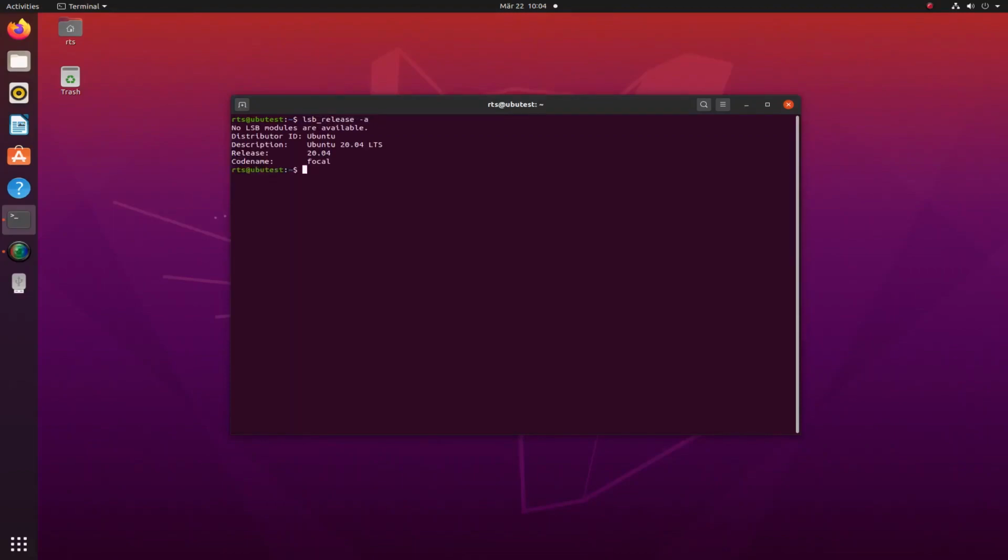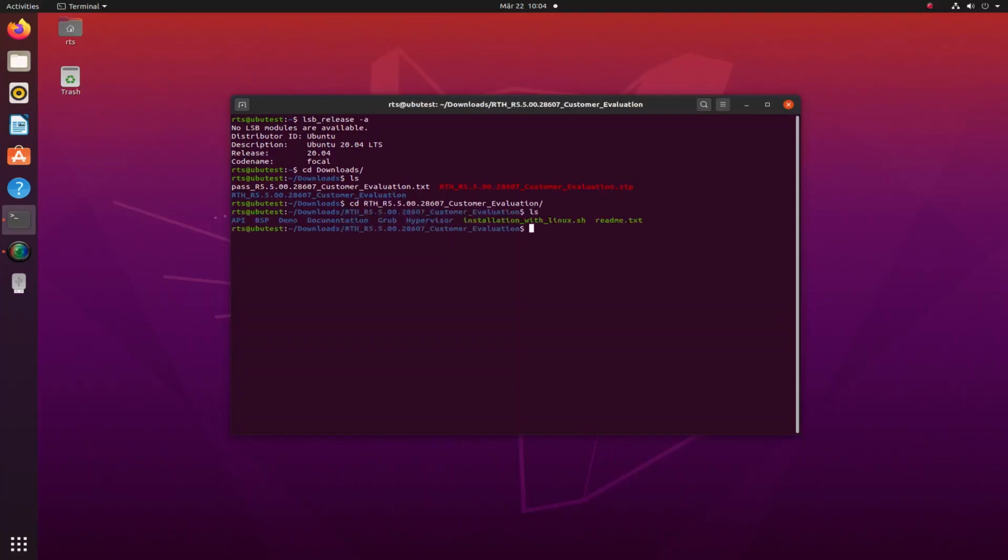First, we go to the directory in which we save the RTS delivery package we received from RTS. In the delivery package, you will find the password for extracting the files, the RTH Hypervisor zip folder, and the extracted zip folder of RTH Hypervisor. Now, we enter the extracted RTH release folder. You can see that inside the extracted delivery package, we have a shell script called